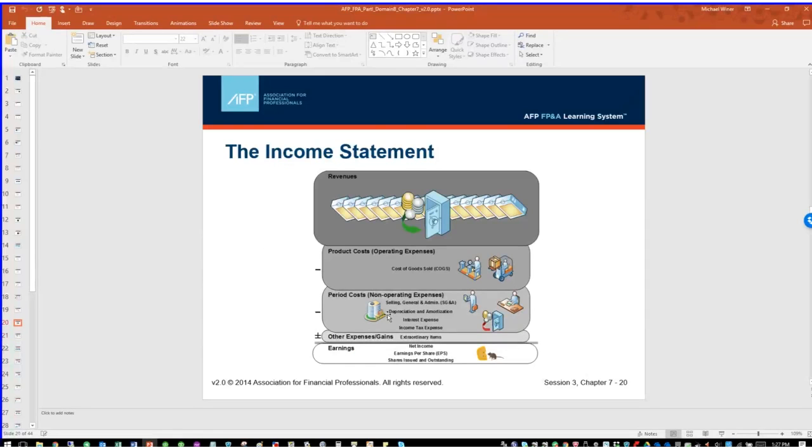One more comment, the use of the word period. Period costs are costs that march along based on the calendar, not based on how much product we move, typically. Okay, so in GAAP recognition, the product costs are usually the costs of either the products, inventory, or the services directly to provide those goods or services. But these are more things like rent and selling and general administrative things that are pretty much going to be the same. I mean, they can be variable, but they're not directly tied to the revenues.